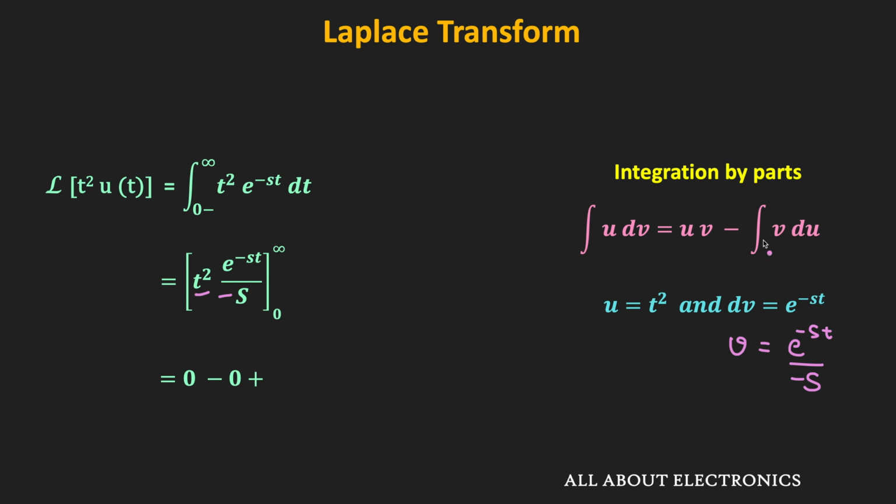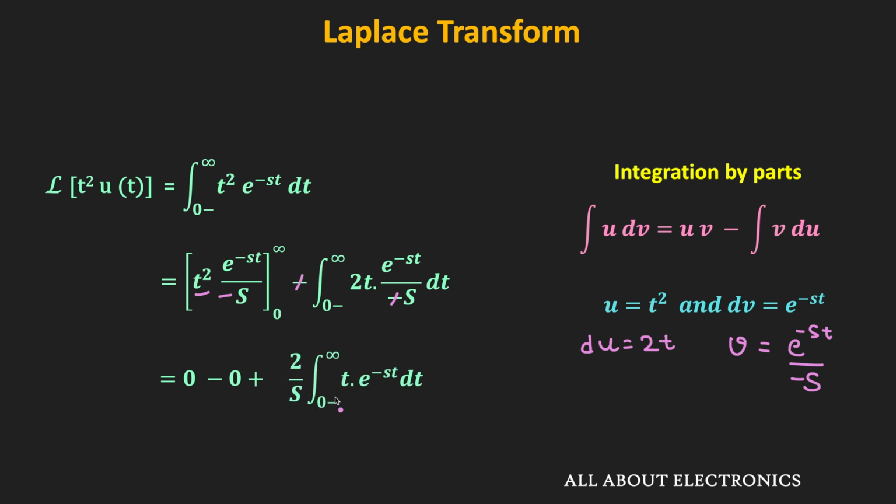So similarly, if we see the second term, then that is equal to integration v times du. In this case, the differentiation of this term is equal to 2t. That means here, our second term is equal to integration 0 minus to infinity 2t times e to the power minus st divided by minus s times dt. So once again over here, this minus minus will get cancelled out. And we will have this 2 divided by s integration 0 minus to infinity t times e to the power